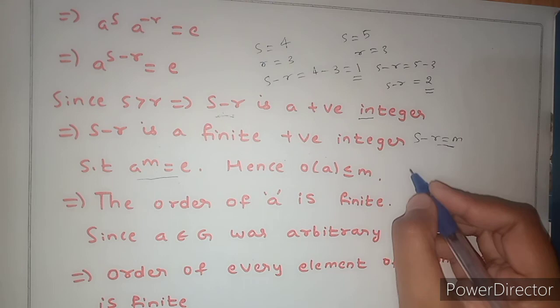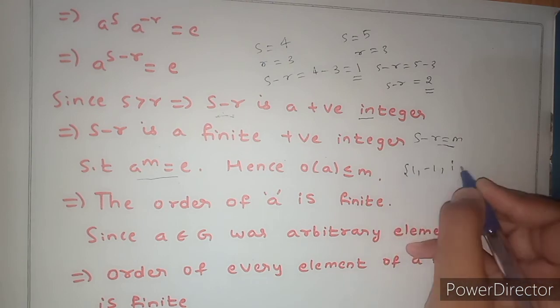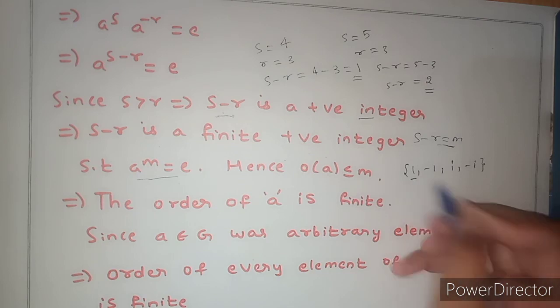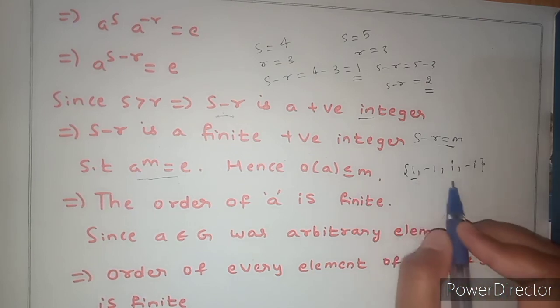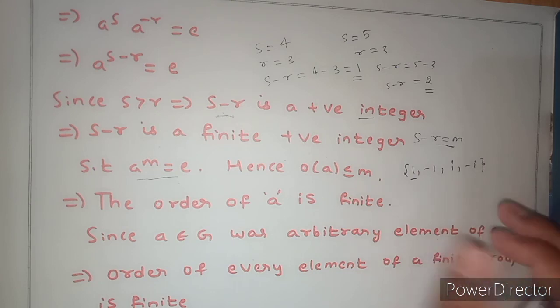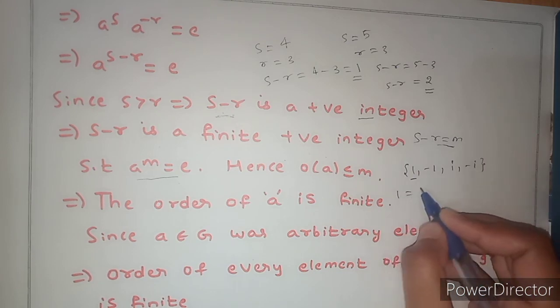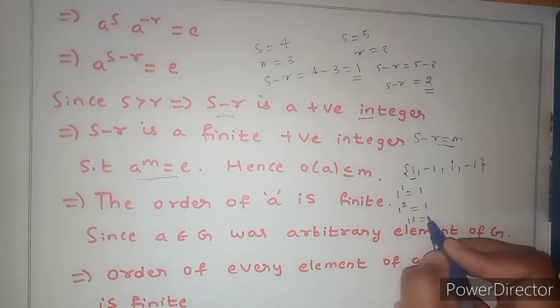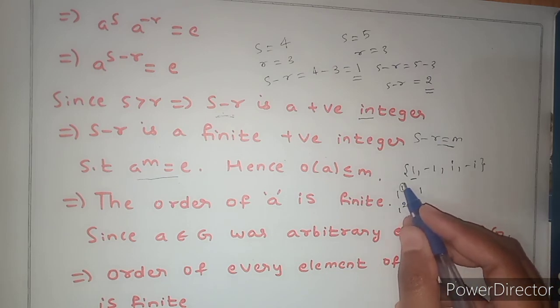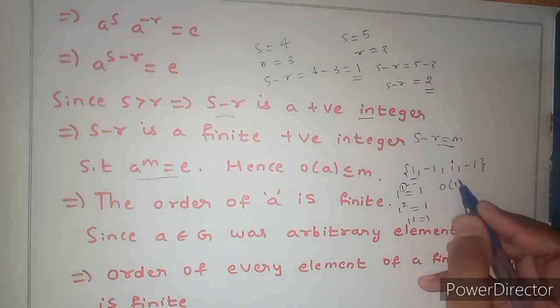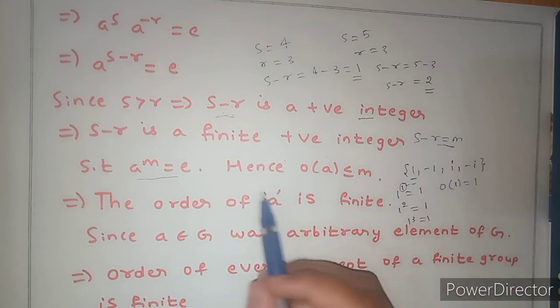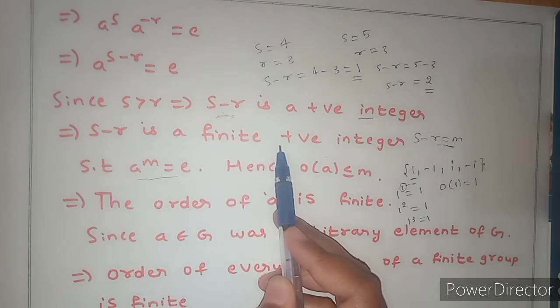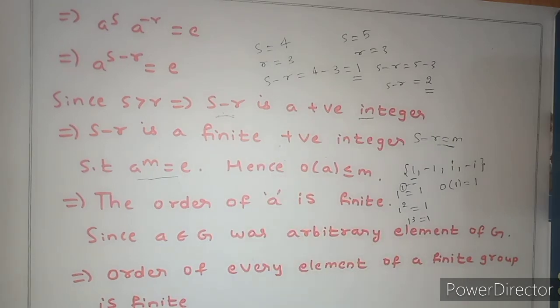Let us consider the fourth roots of unity. The fourth roots of unity are 1, -1, i, -i, right? According to our definition, how many times should 1 be multiplied so that we can get the identity element 1? 1 is multiplied 1 time, right? Likewise, if we multiply 1 two times, 1 squared is also 1, 1 cubed is also 1, but m should be the least positive. That's why we have considered the order of 1 as 1. But here m is a finite positive integer, okay? It is not the least positive.